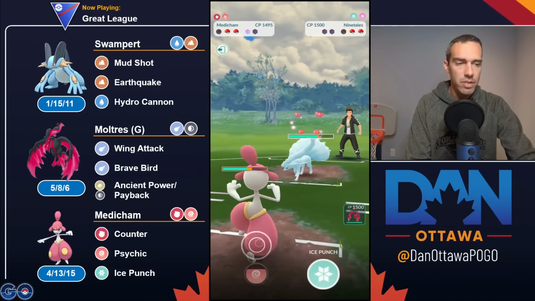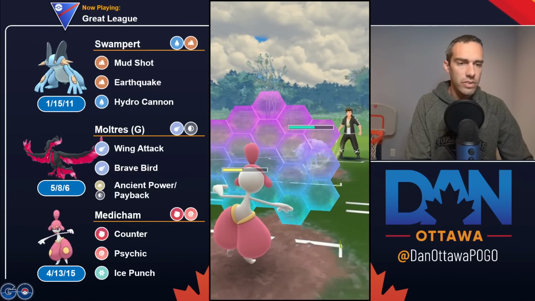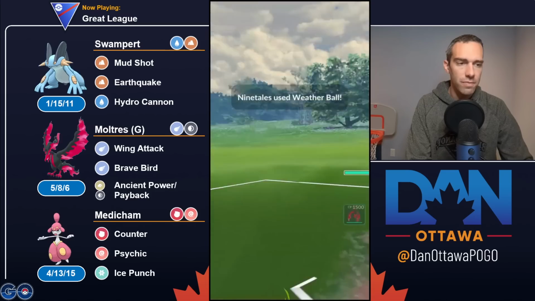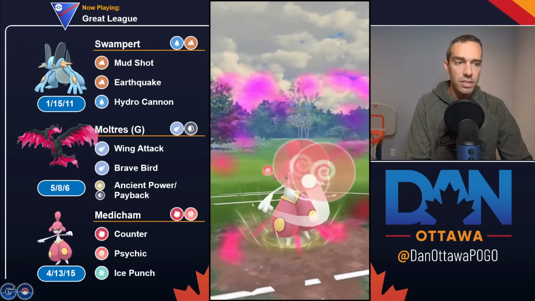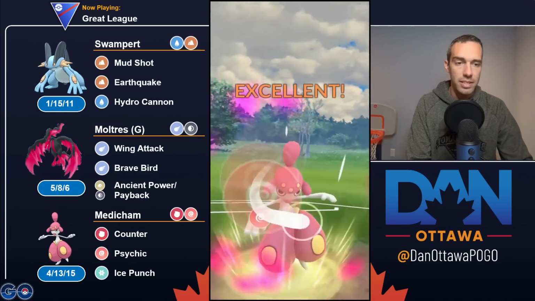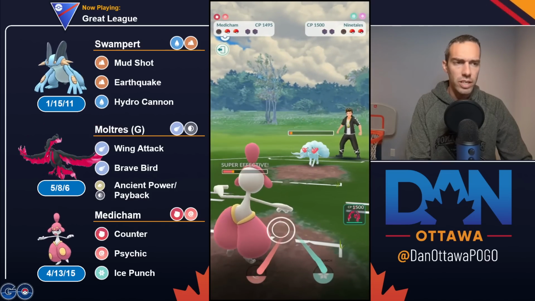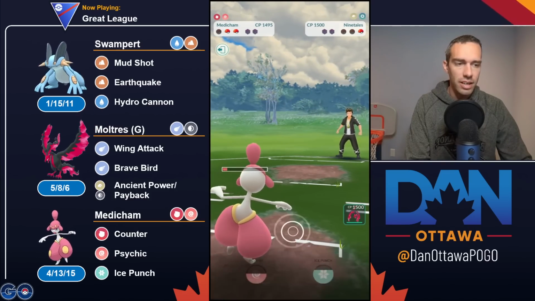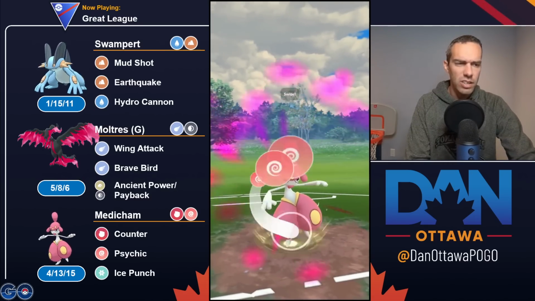The Zapdos is 135 attack, 106 defense, 115 stamina. So that is even worse than this. So the Zapdos is heavier attack, but man, is it glassy. 1651 overall stat product. So that is a really, really bad stat product. But Counter, fast move, is obviously one of the best in the game. And then Articuno,